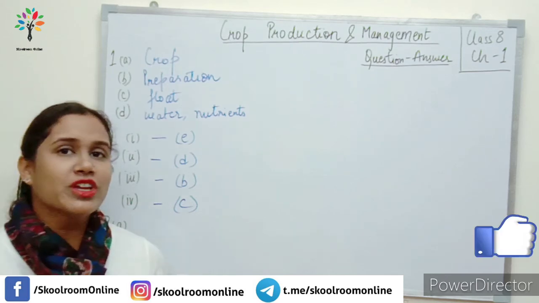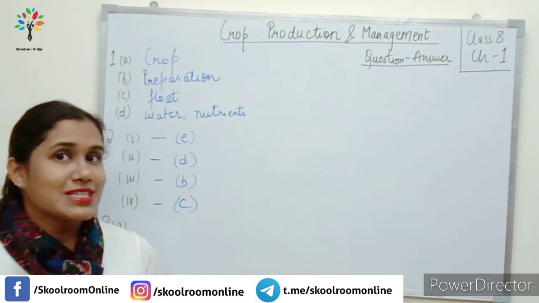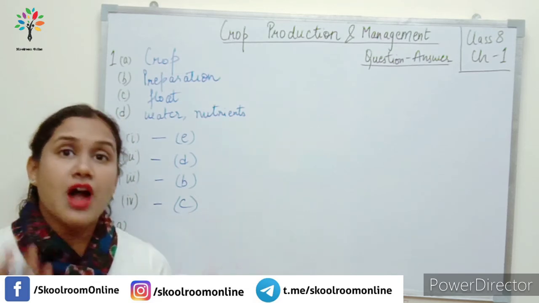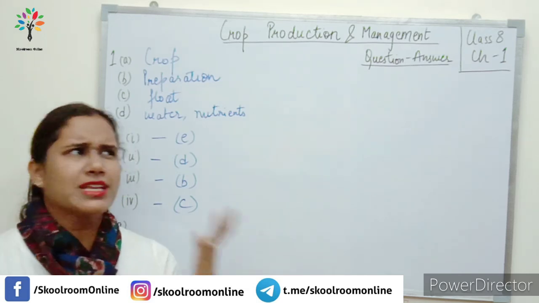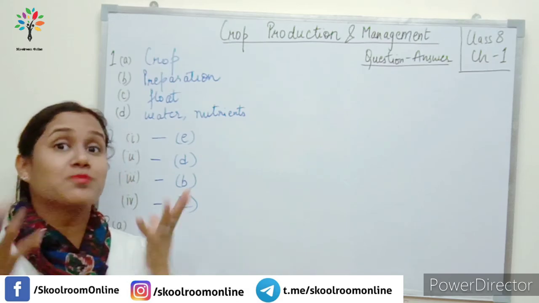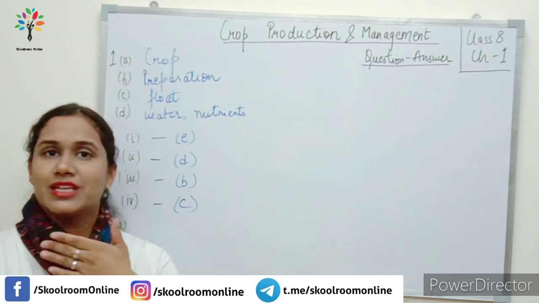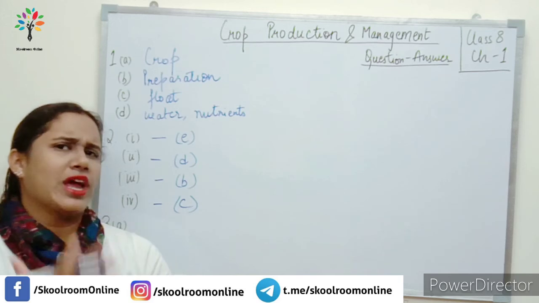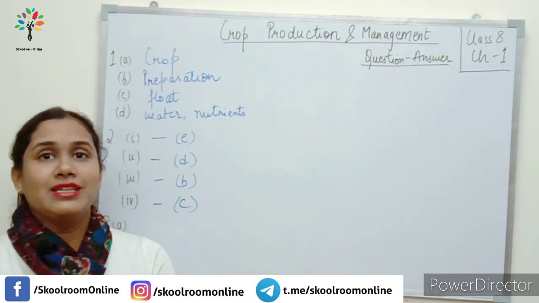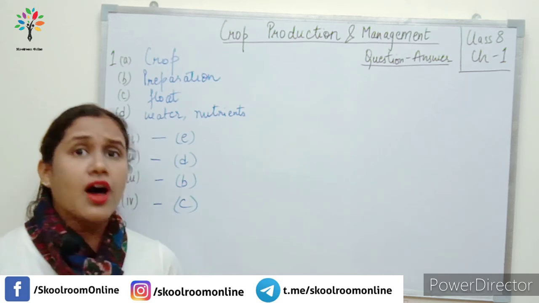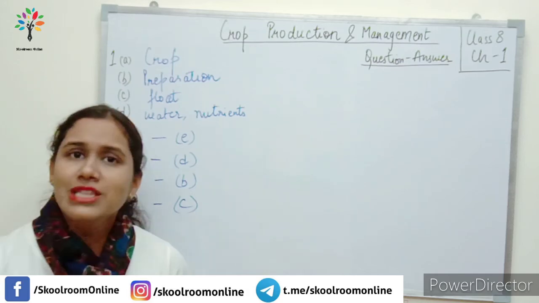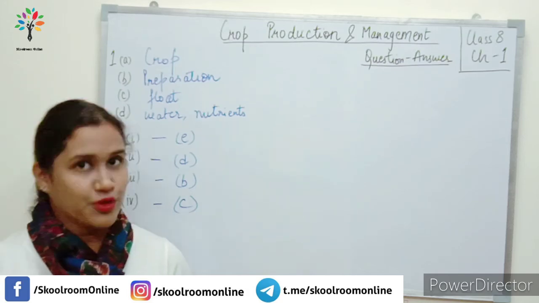Moving to question number 3. We have to give 2 examples each of the following. In the first part, we have the kharif crops. We have just seen 2 examples of kharif crops in the match the following. You can take the examples from there also, and if you wish to write different examples, you can write maize, paddy, jowar, bajra, corn, soya bean, millet. All these are examples of kharif crops.